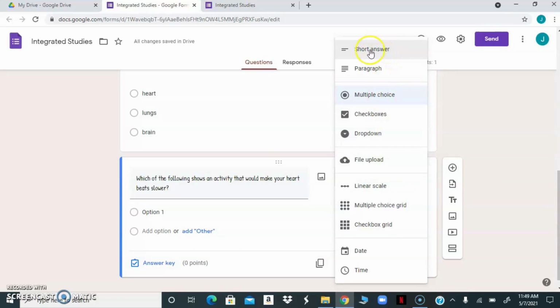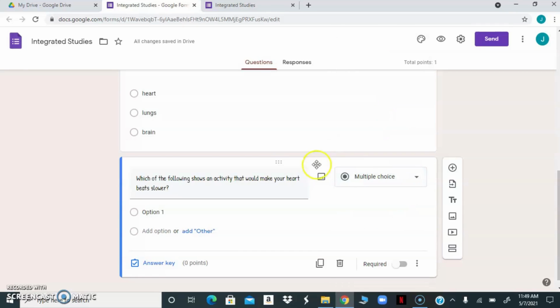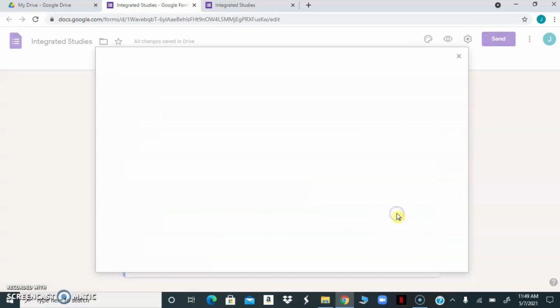you want. If you want it to be short answer, paragraph, multiple choice, checkbox, drop down, arrow, file upload, if you want them to upload a file, linear, whatever you want it to be. If you want multiple checkbox, multiple choice, date, time, anything you want it to be, you can choose it. I'm working with multiple choice for this one, so I'm just going to upload 3 pictures